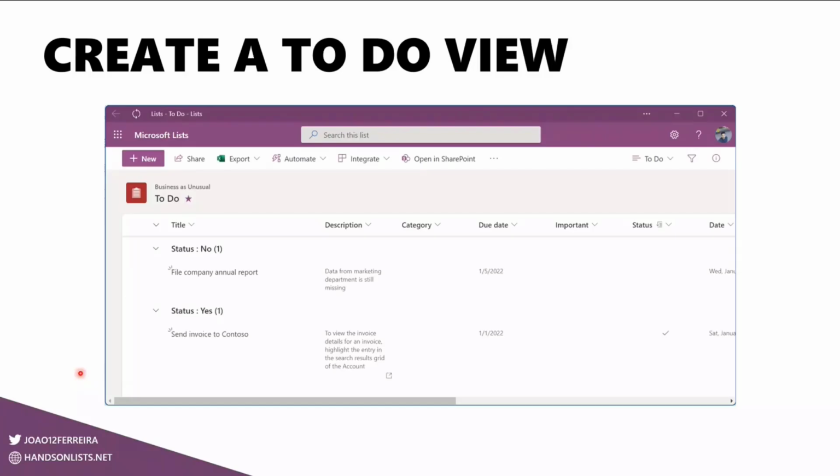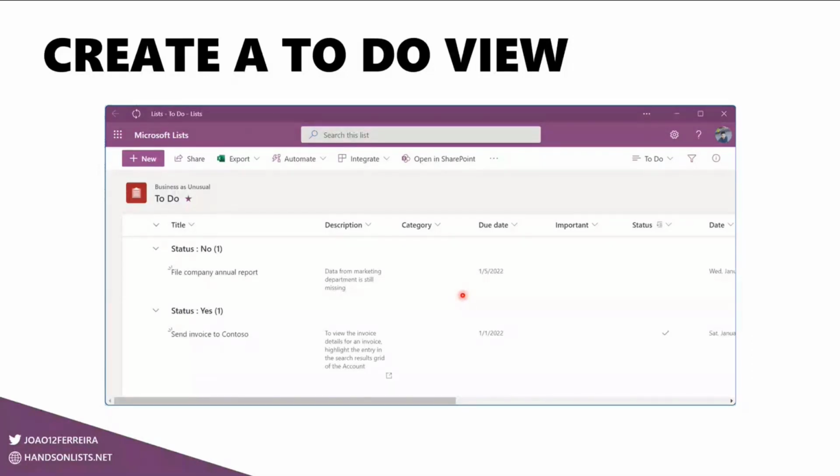Now you can see clearly what was done and what was not, but it's not yet Microsoft To Do. The groups display the name of the column with yes and no, that is the technical value that is stored in the list, and you still have the view that displays the default layout for Microsoft Lists. So the next thing to do is to add the formatting. I will not go through the 500 lines of code in this session, but I will highlight what I think are the main components of this formatting.